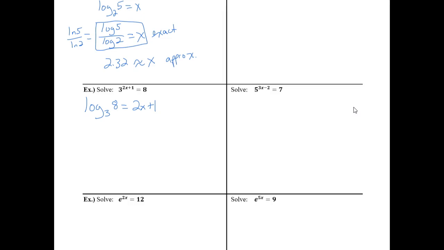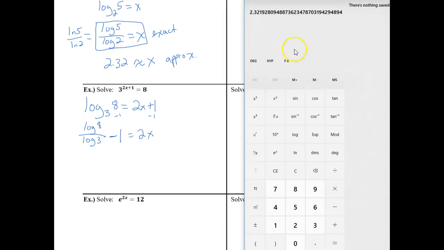So now I have to continue to solve for x. X is not quite alone here. So I'm going to use the change of base. This is log of 8 divided by log of 3. And I will subtract 1 from both sides. That equals 2x. And then lastly, we're going to divide by 2. But a problem like this, you would most likely not be asked to leave it in exact form. So I'm just going to go ahead and get this in my calculator and do 8, take the log of it, divided by 3, take the log of that. And when I divide those, I get